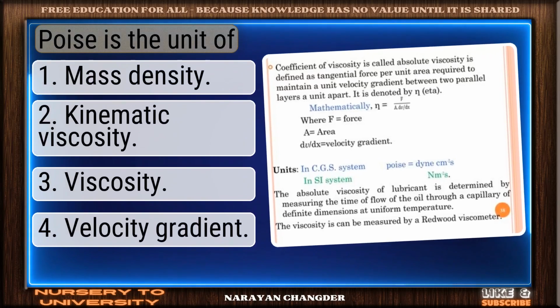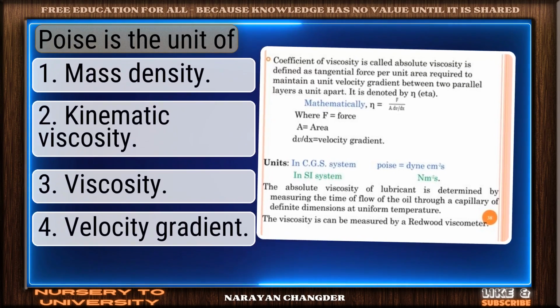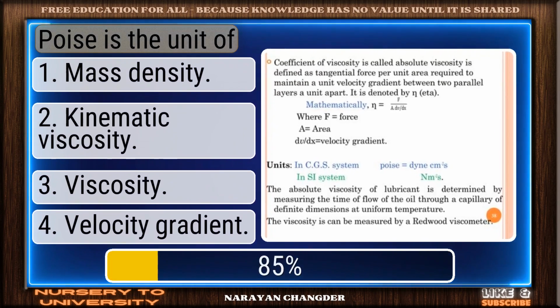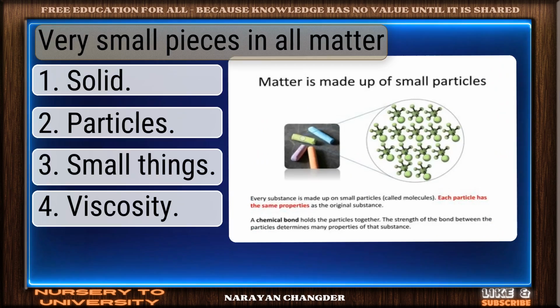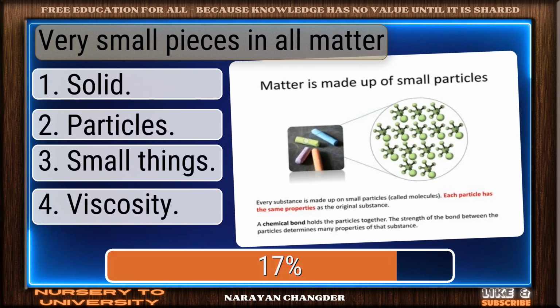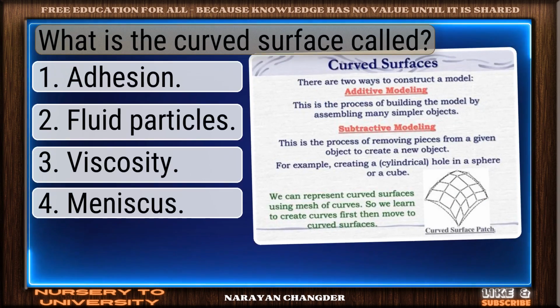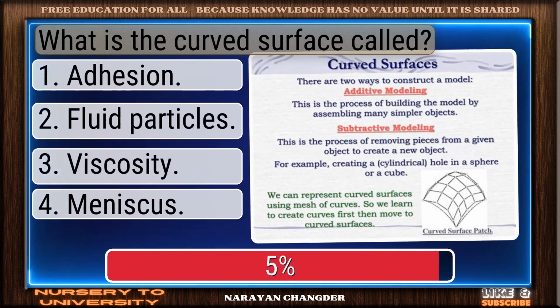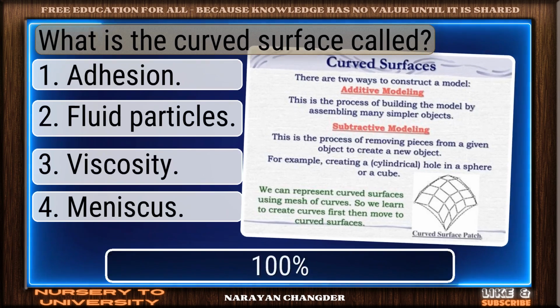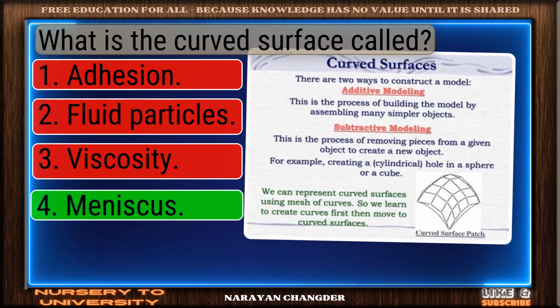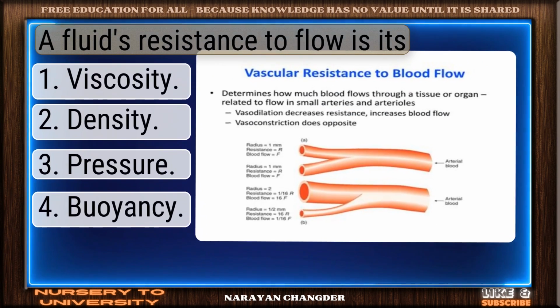Can you solve all these viscosity questions? Poise is the unit of viscosity. Well done. Very small pieces in all matter. Logical choice, particles. What is the curved surface called? Solid response. Meniscus. A fluid's resistance to flow is its